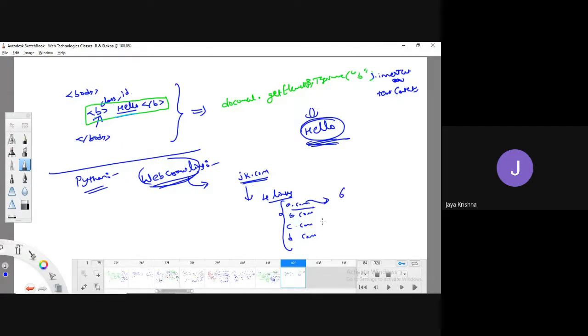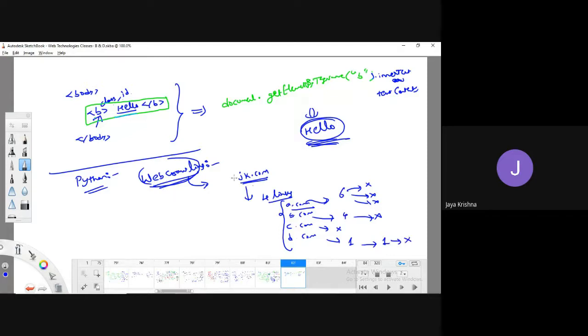For example, here six links are there, here four links, here no links, here one link. These have no sublinks, this one has one more link, and this has nothing.